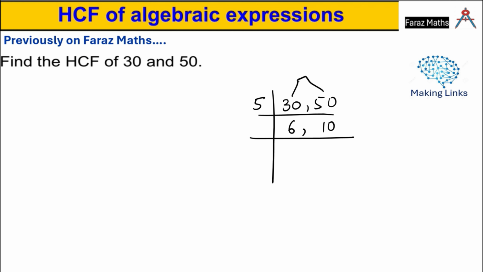Now again you have to think in this way that 6 and 10, they will come in which prime number table? So 6 and 10, they both are in the 2 times table. 2 3s are 6, 2 5s are 10. Now you have to stop division over there because 3 and 5 cannot be in the single prime number. So now you just multiply 5 and 2. 5 times 2 is 10.